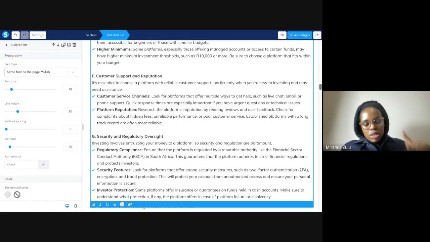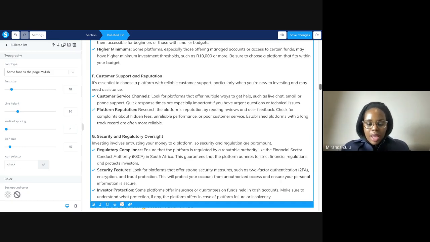This one I think is important, and also this one, customer support and reputation. Today I came across someone's post about a company that does PPS, a professional service company for retirement and death benefits and all of that. They were sharing and complaining about the experience they've had, and the reputation, and how many people are in the same position as she is, with so many bad reviews posted about that platform, for example.